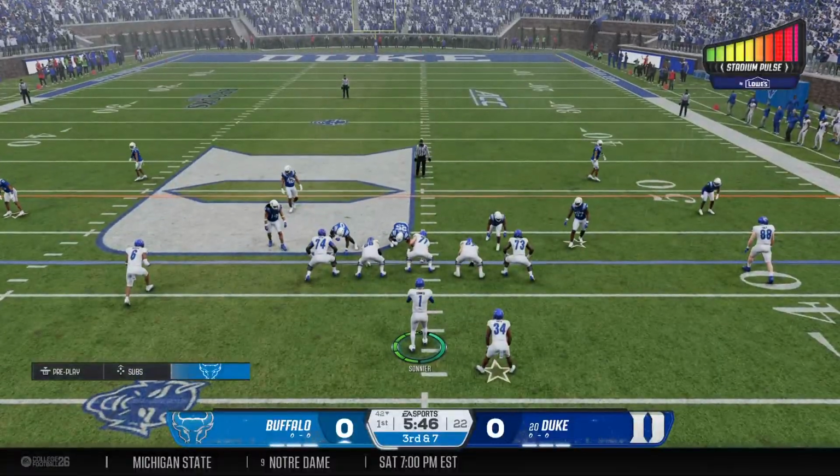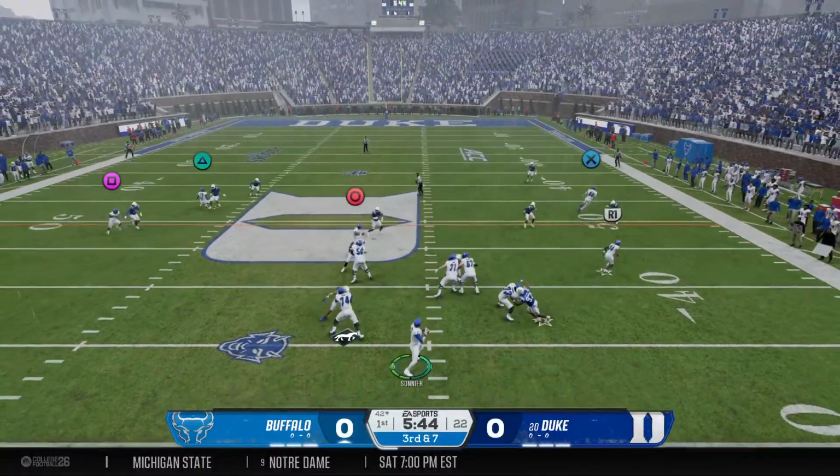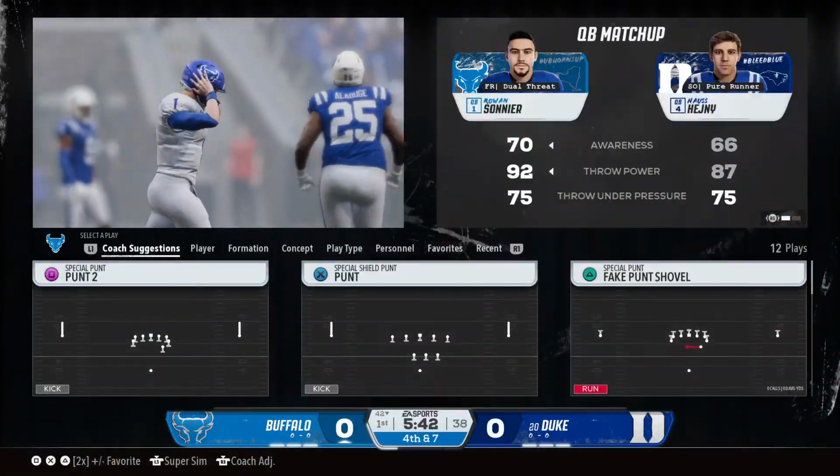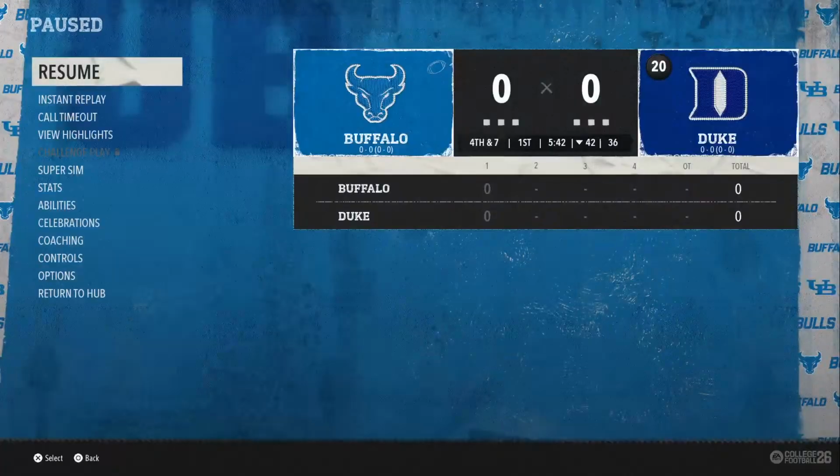Now they get a chance to really pressure the quarterback here, try to get off the field. Can't hold on. Good defensive play. Brings up a fourth down. Chris,